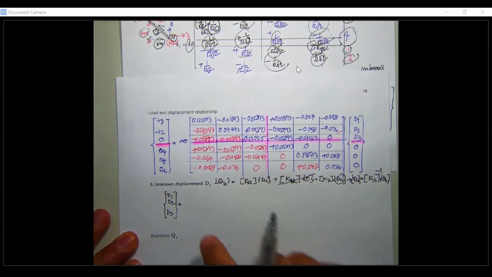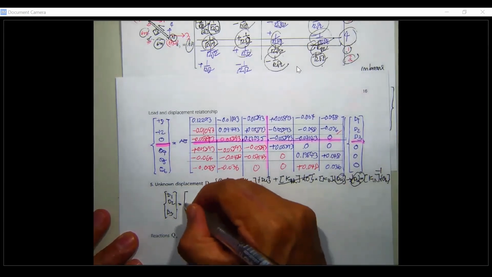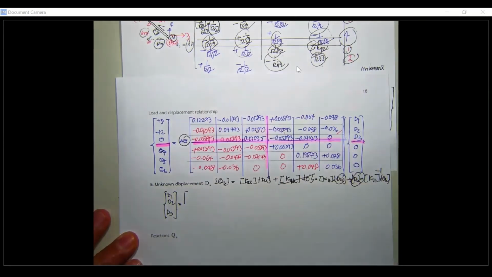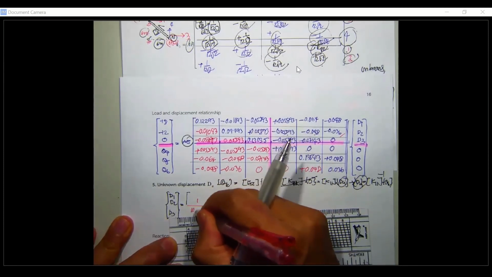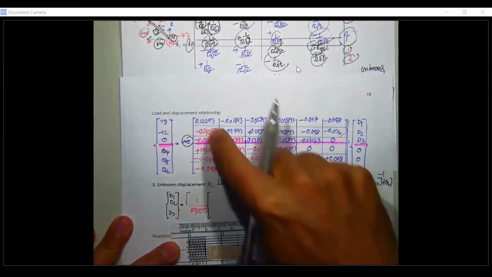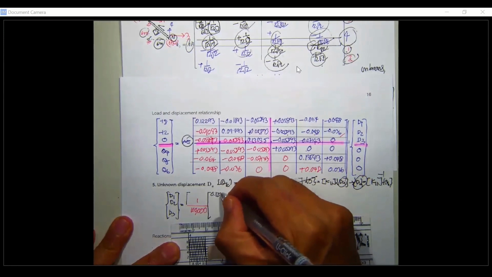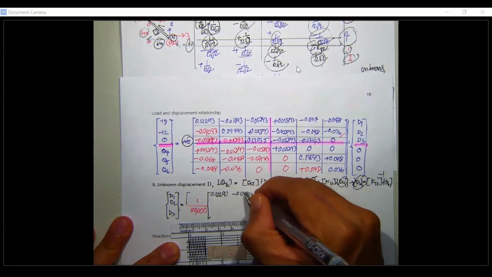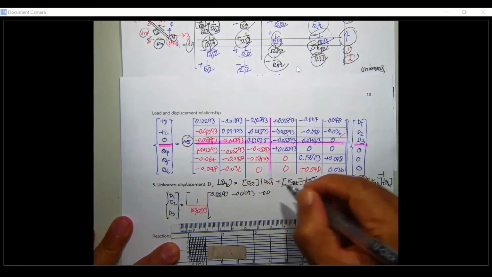Now you get this one, which is going to be equal to the inverse of this. Since this has this one as the AE, please beware about this. You've got to put this one in the parentheses of inverse also, and then you have this as 0.12293 minus 0.01093 minus 0.05893, and then you just cross this, and over here you have plus 8 minus 12 and then